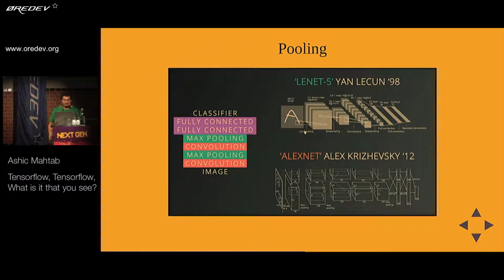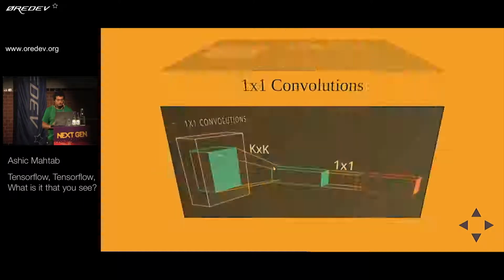Ali went through AlexNet. Effectively, what you do is you have your image, you apply convolution, max pooling, convolution, max pooling, fully connected classifier. And so, like Lego, you take bits and pieces and layer them on top of each other to make your bigger network. AlexNet, if you were to write that manually in C++ to run on GPU, that would take you years. Okay. TensorFlow lets you do it fairly easily.